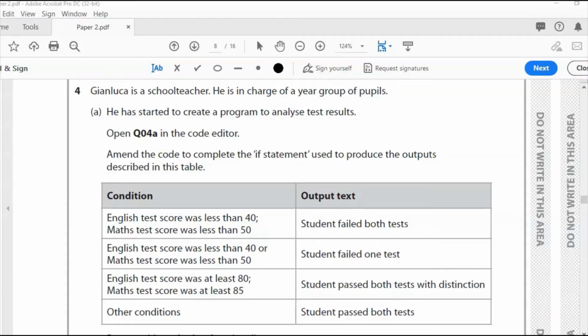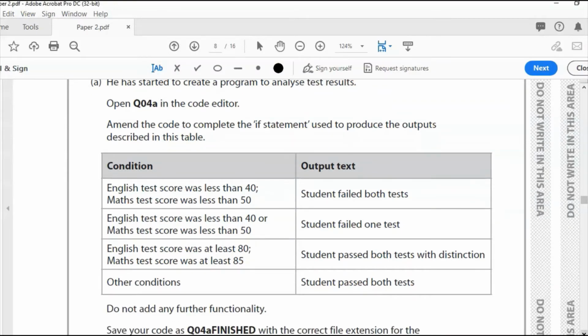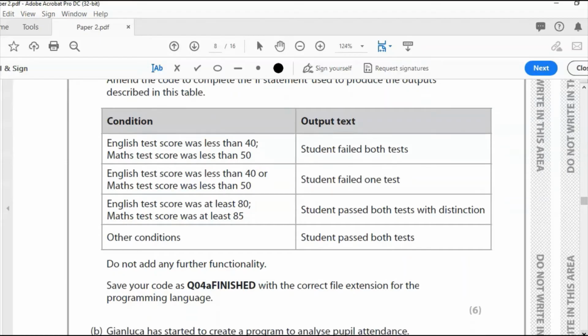Question 4. Gianluca is a school teacher. He's in charge of a year group of pupils. He starts to create a program to analyze test results. Open Q04A in the code editor. Amend the code to complete the if statement used to produce the outputs described in this table. So we've got the condition there and the outputs. So you can read those. You can see that different conditions, meaning have they passed or failed 1 or 2 tests, or if they passed